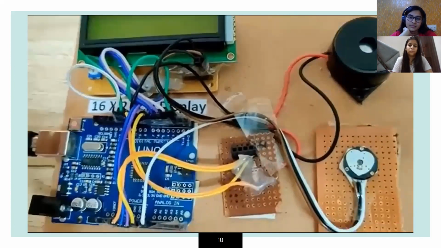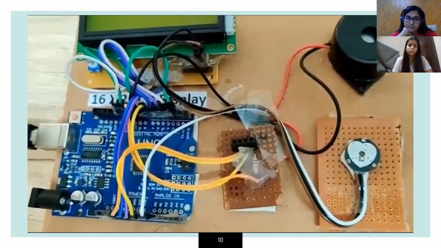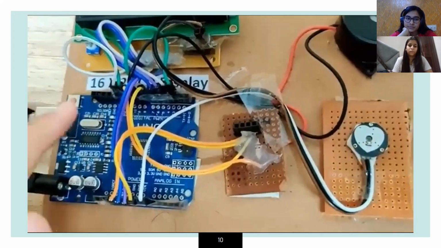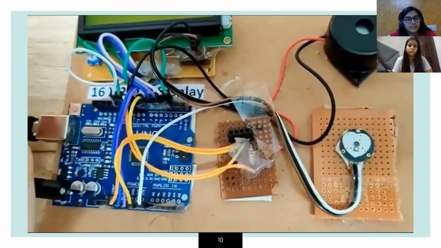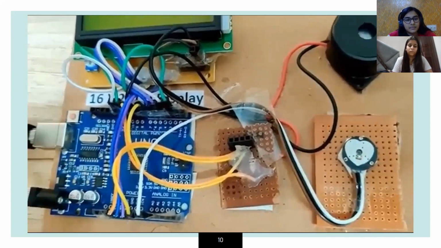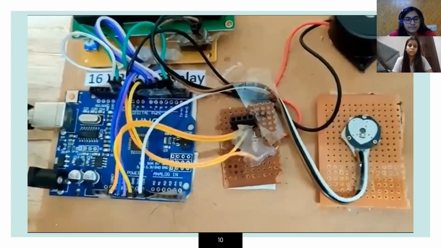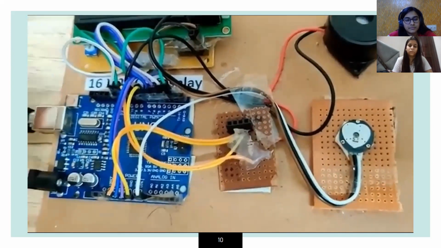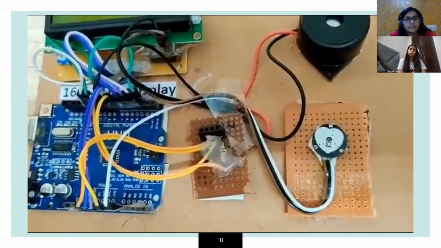So over here, we have connected pin 12 of the LCD display to pin 12 of the Arduino, which is actually the output pin. Also, we have connected the 6th pin of the LCD to the 11th pin of the Arduino, which is the data enable pin. Also, we have connected the 11th pin to the 5th pin, 12th to the 4th, 13th to the 3rd, and 14th to the second pin of the Arduino.